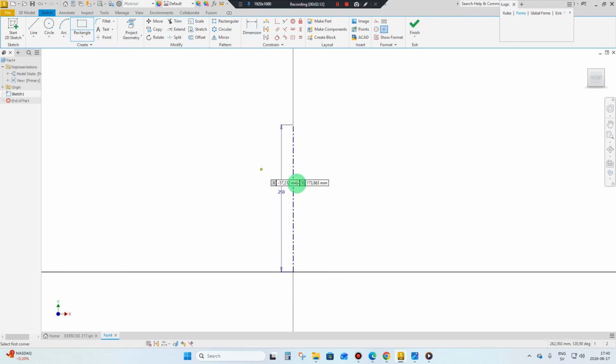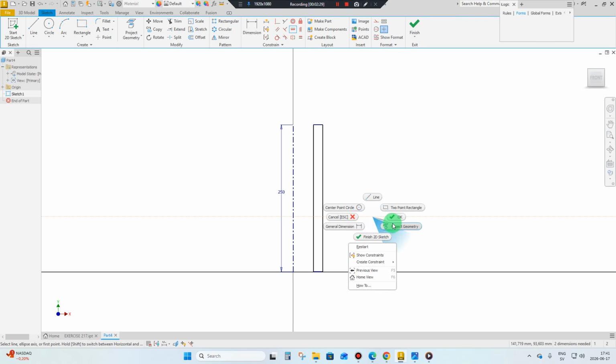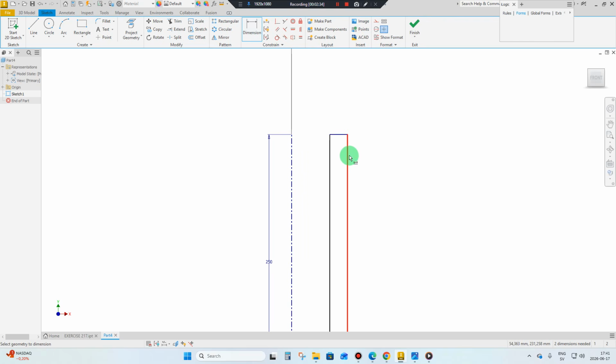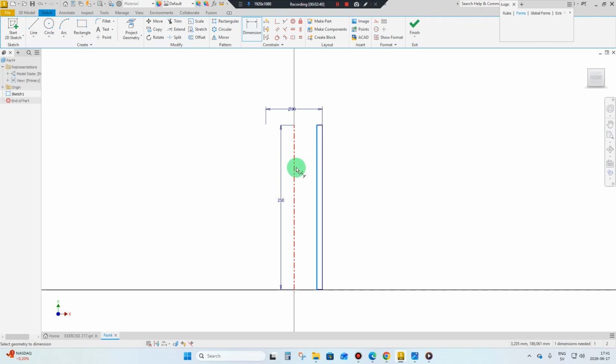Select rectangle and draw a rectangle. Select horizontal constraint. Select this point and this point. Select this point and this point. Select dimension 90, inner diameter 50,